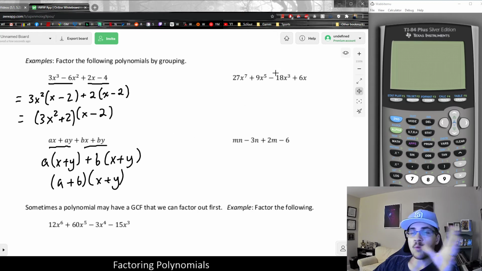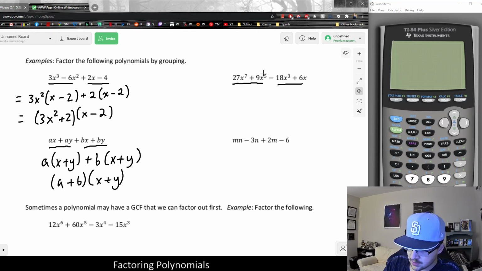Let's do one more. And I wanted to address the case, what happens if there is a negative in between? Because I mentioned that earlier. This is actually an important thing to remember. So in the third example, we have 27x to the 7th plus 9x to the 5th and negative 18x cubed